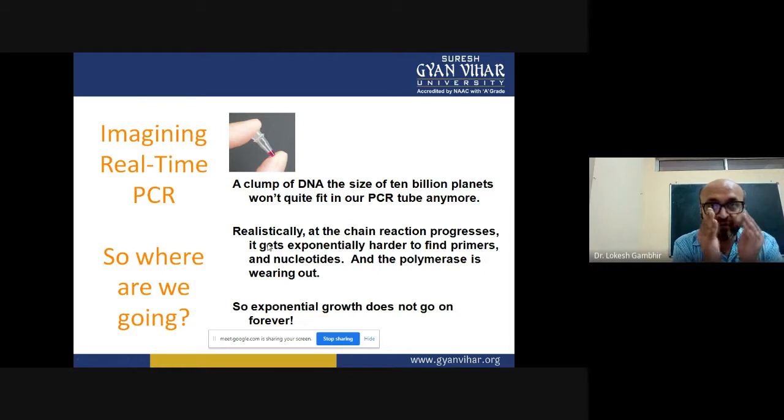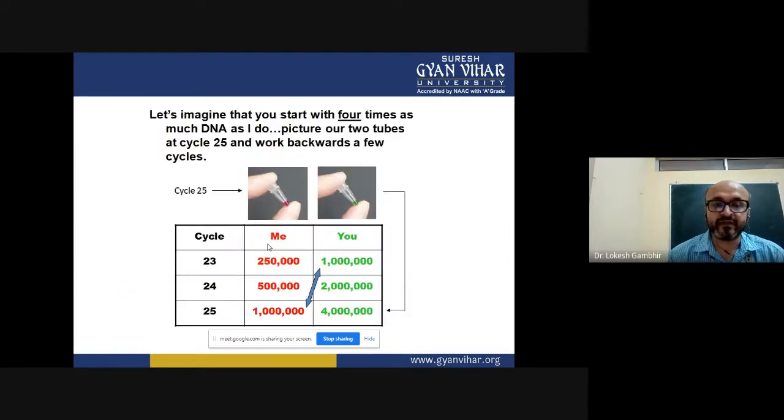The concentration of DNA is increasing, but you have the primer that is responsible for this extension. Now after 30 cycles, what we observe is that the primer's accessibility to its complementary region is getting low. Therefore, the exponential growth declines and goes to stagnancy, because it is very hard to find the primers and the nucleotides. And that's why we are providing the amount of raw material in optimum condition.